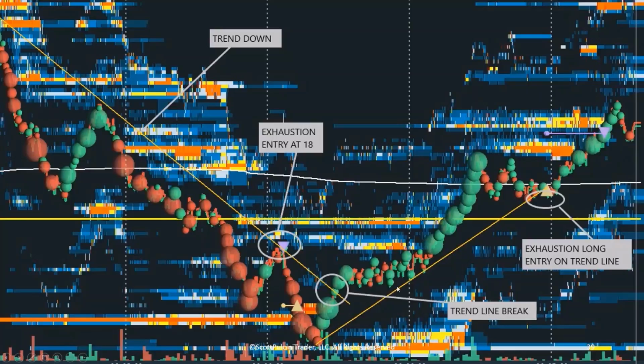Ideally I could have entered long over here, which I didn't. I took this long instead because I waited for more confirmation at that time. But it doesn't matter, we are not here to find the tops and bottoms. We are not here to take every single trade. We don't look for that. We don't want to overtrade. We want to find highly probable trades. Okay, so here you got a break of the trend line, and you see that there's no selling